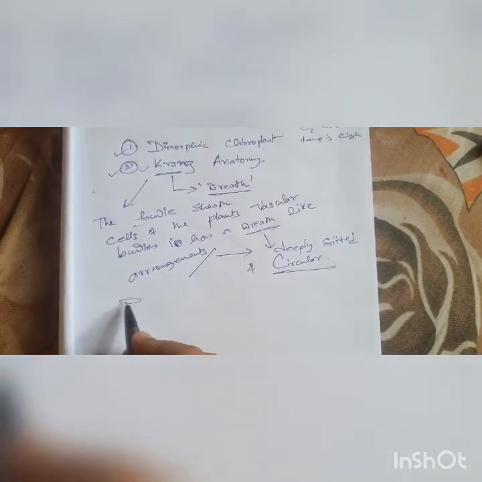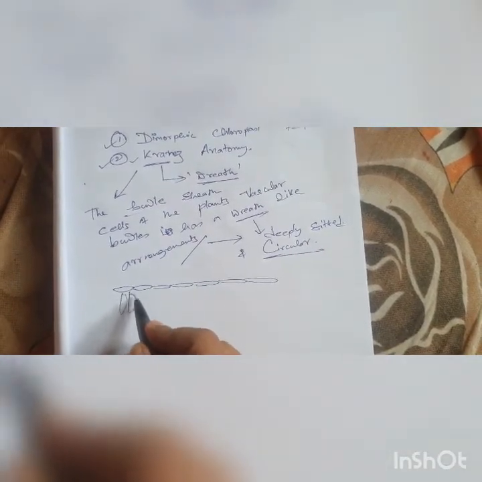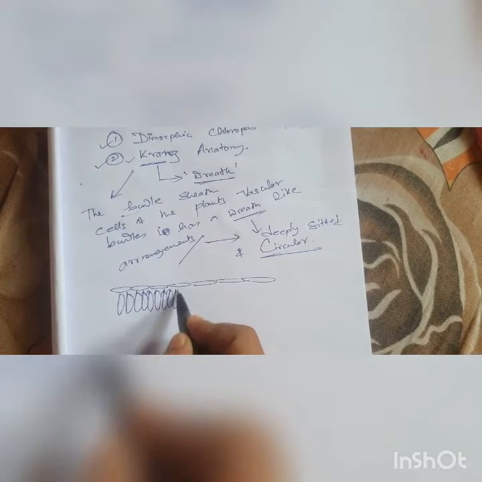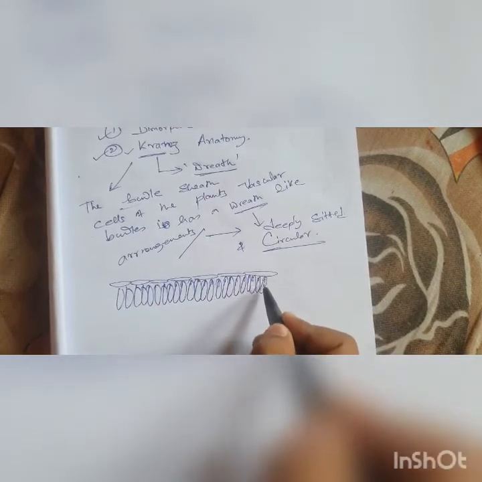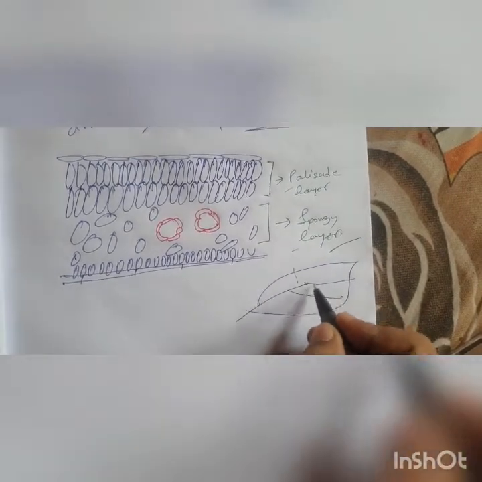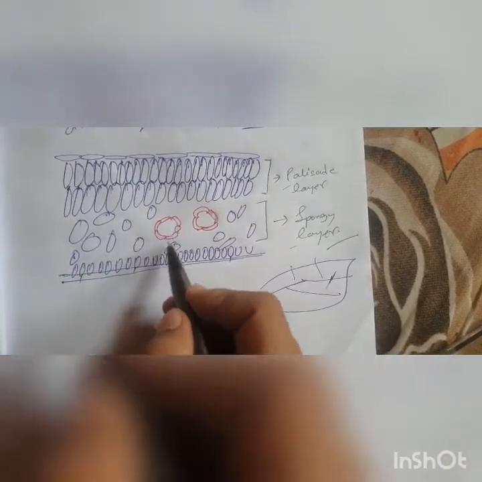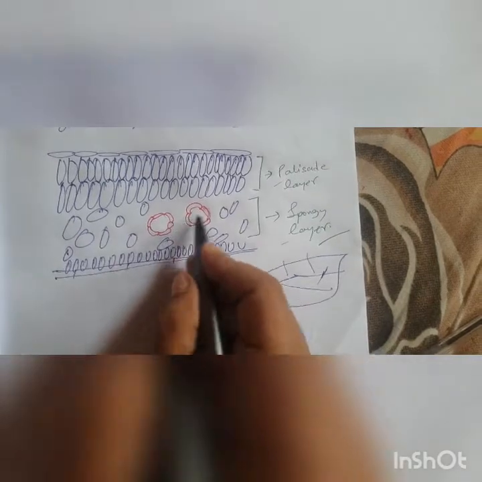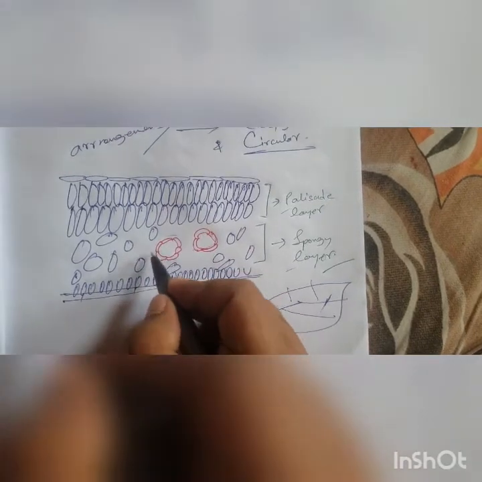Suppose if these are the epidermis, these are the mesophyll cells of the palisade layer, if you can imagine. This is the palisade layer of mesophyll cells, this is the spongy layer of mesophyll cells. This is the cross section of this leaf, and you know through the leaves veins go, right? So when you get the cross section, when the veins get cut, these are the veins, the bundle sheaths, the xylems and the phloems, right? So these vascular bundles are arranged with circular arrangement of bundle sheath cells.